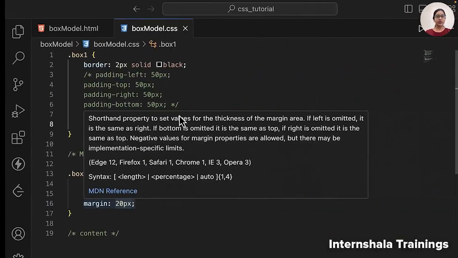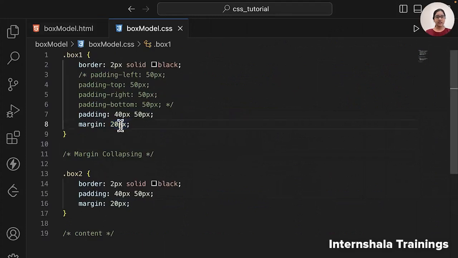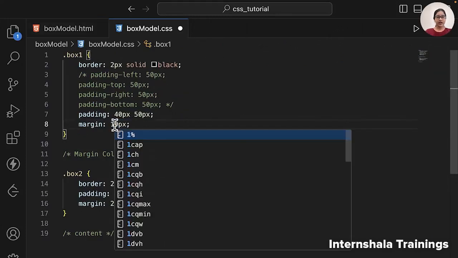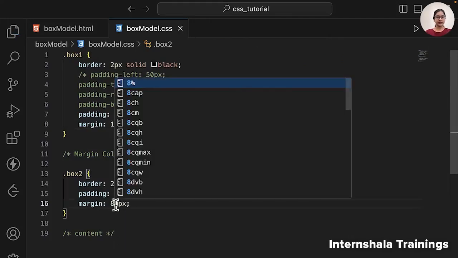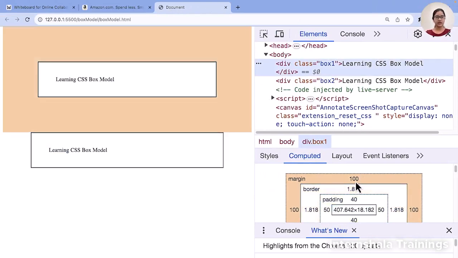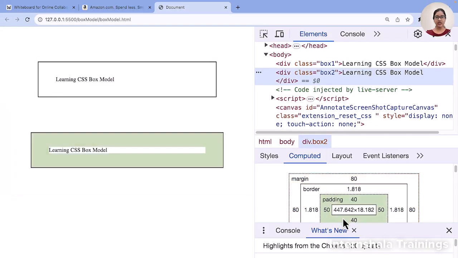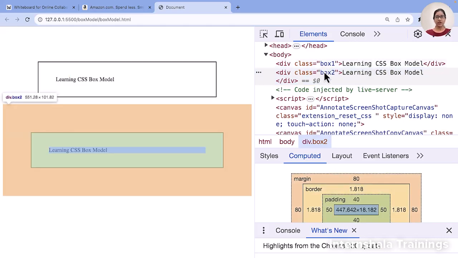Now suppose I make this top box a margin of, let's say, 100 pixels, and here let's say it is 80 pixels only. Now if you see this top box, see the orange color, it is showing 100 pixels margin on all four sides. For the second box, it is only 80 pixels. Can you see the difference?